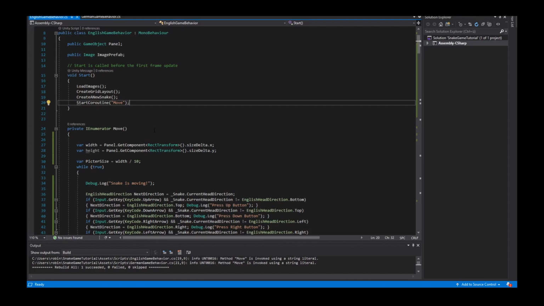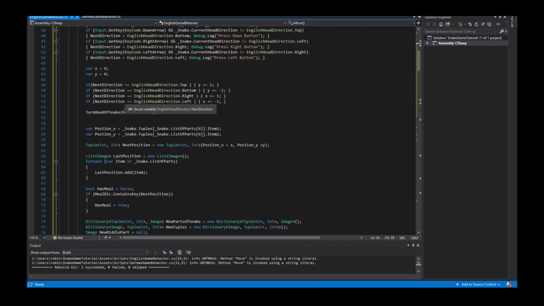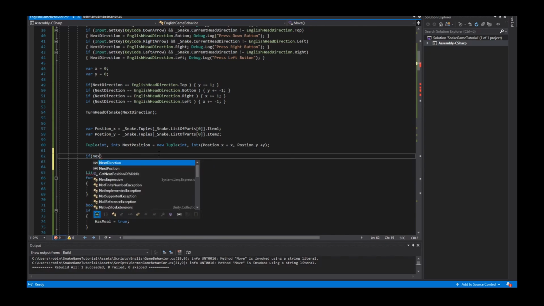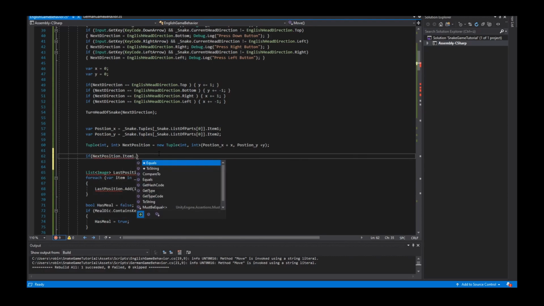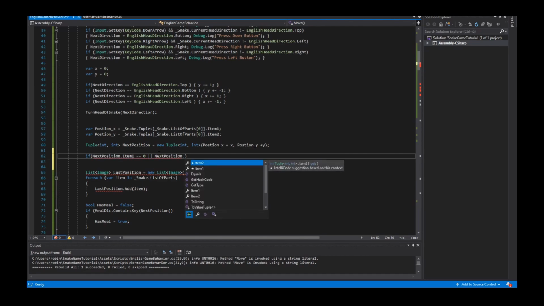So for that we open our script, and inside our move method or move coroutine, after we have the next position, I ask if the next position dot item 1 is equal to 0, so that's the corner of the y-axis, or when the next position dot item 1 is 9, so we have the highest position of the x-axis, that's also the corner, the border,